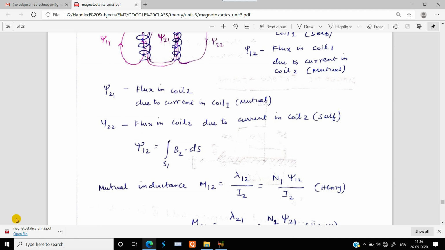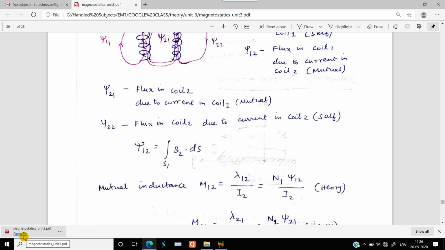We can represent this flux linkage as a surface integral over the area S1 of B2 dot ds. And the mutual inductance M12 is represented by lambda 12 divided by I2, because that is the mutual inductance between